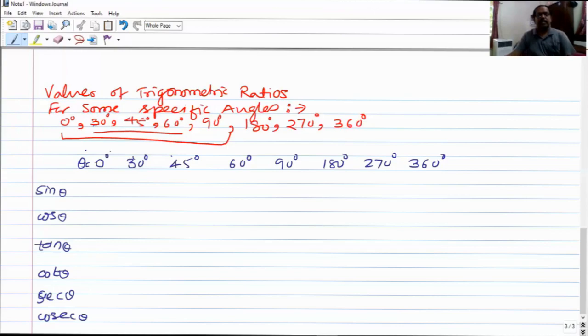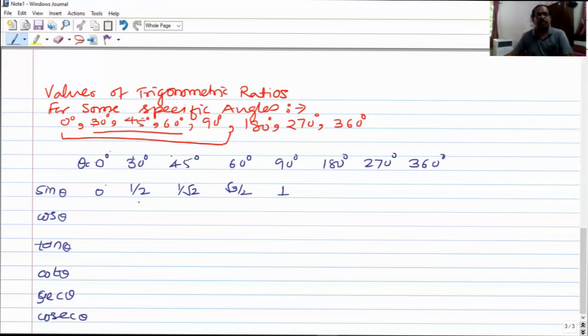So students, here you can note down all these values. How they come, how they can be calculated, that is given in the book in detail. You can refer to it. That part will not be asked in the exam, so I am skipping that part and you will just use the values. So here we have the value of sine 0 as 0. Sine 30 will be 1 by 2, sine 45 will be 1 by root 2, and sine 60 degree is root 3 upon 2, right? And finally sine 90 will be equal to 1.